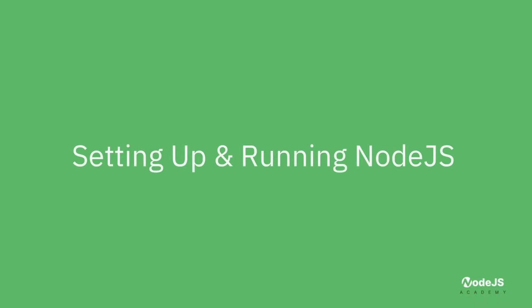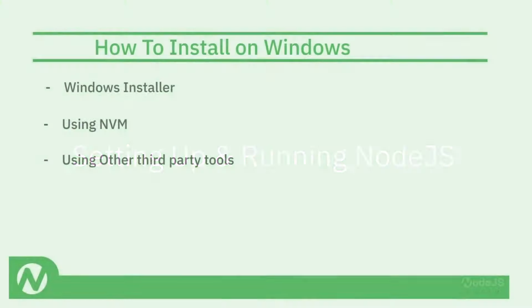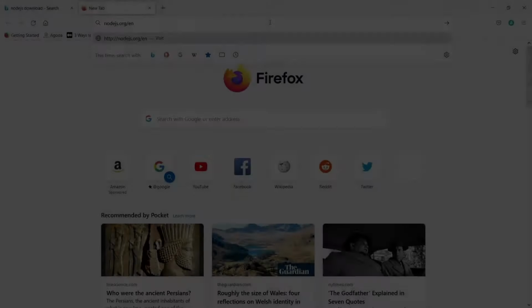In this module, let us see how to install Node.js on your machine. There are different ways to install Node.js. One way is using the Node.js installer, and the second way is using NVM. We are going to install Node.js using the installer, as it is the simplest and most straightforward way of getting started. Go to